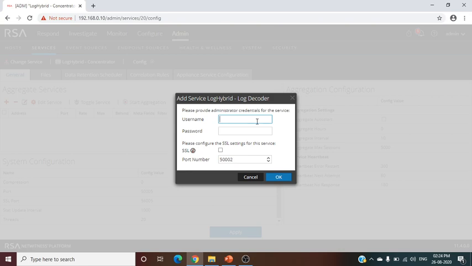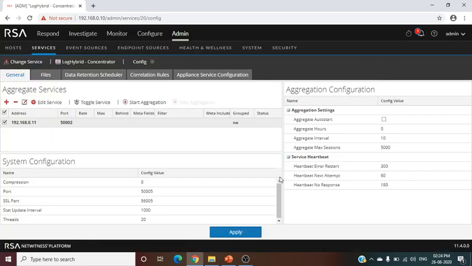Here you have to give admin credentials. We are not using SSL, so the port number will be 50002 for log decoder. Click on OK. Now you have to click on apply.